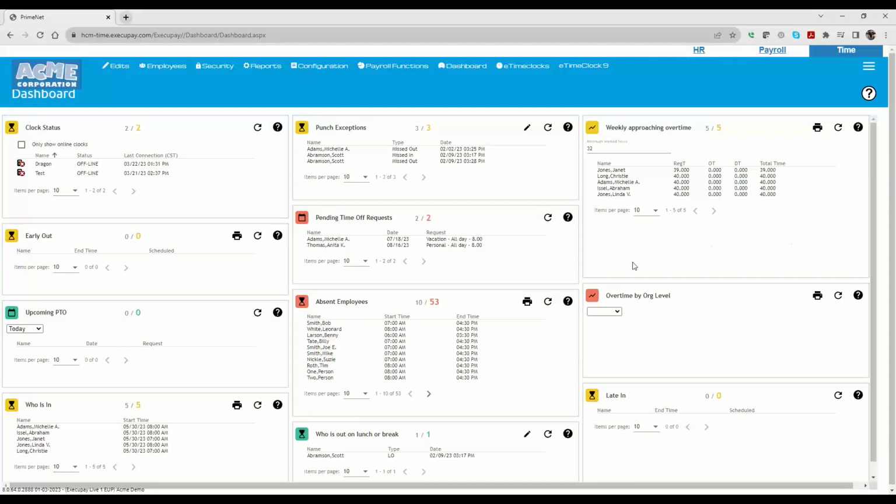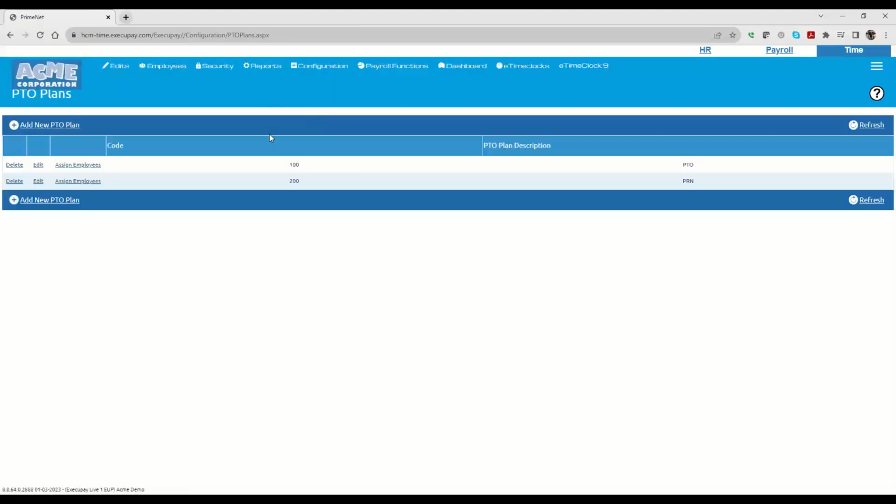Welcome. In today's tutorial, we're going to discuss setting up PTO plans and the different types that there are. So to do this, you will go to Configuration and click on PTO Plans. You can either edit the one that's in here based on how I'm showing you how to set these up,